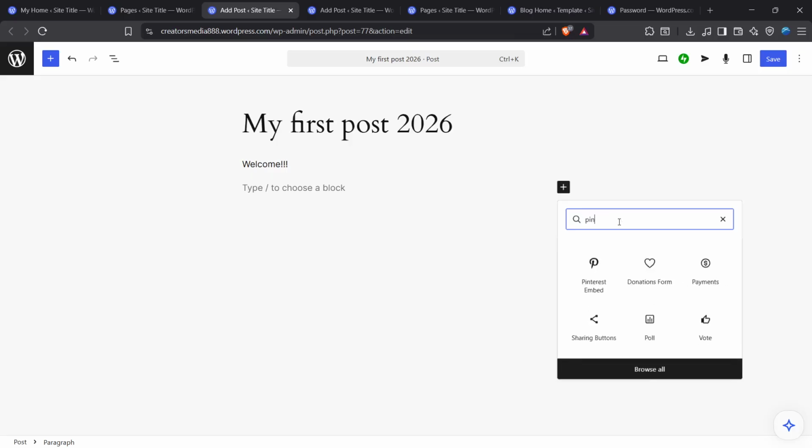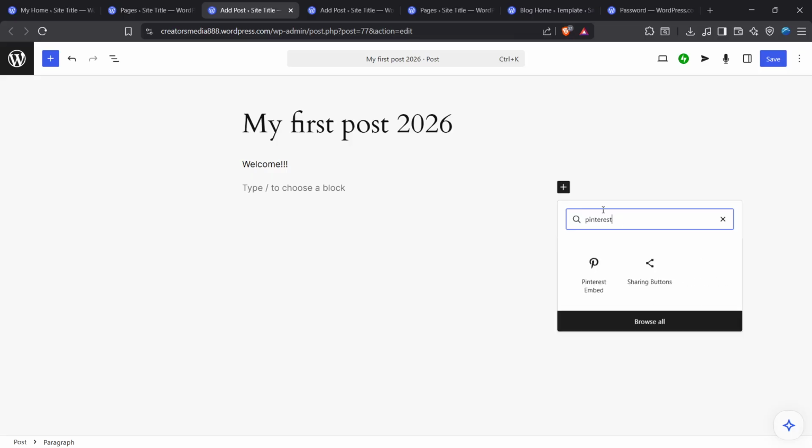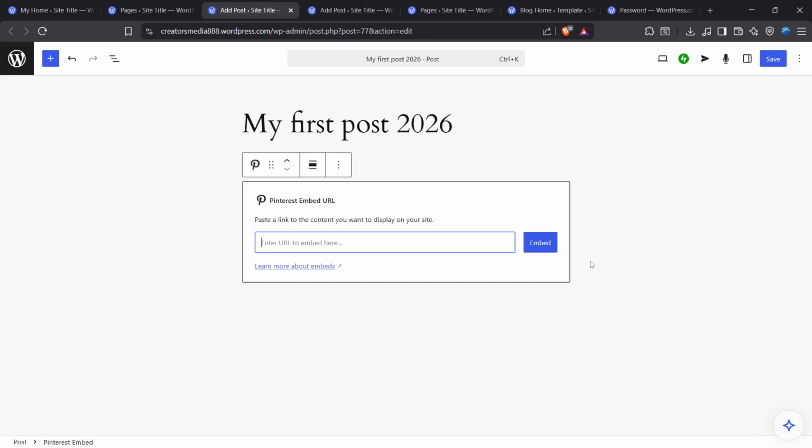In the search bar, type Pinterest to quickly find the block you need. When you see Pinterest embed, click on it. This adds a dedicated Pinterest embed block to your page. Using the correct block is important because it helps WordPress format and display the Pinterest content properly instead of treating